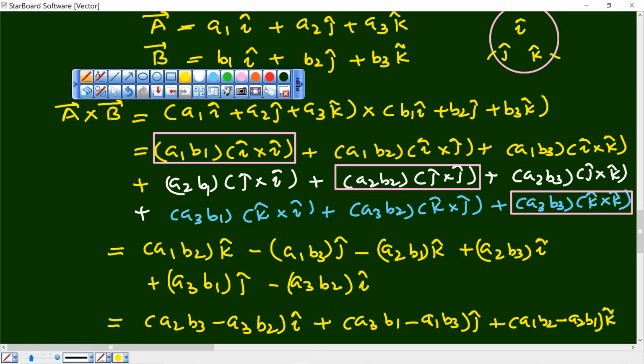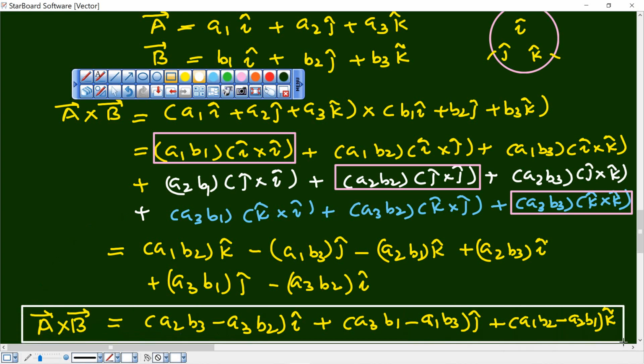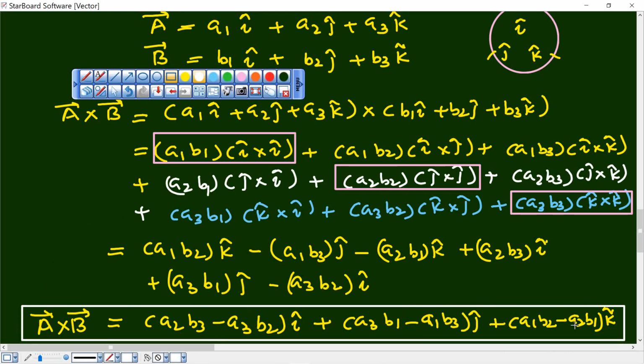This is the final answer for the cross product. What a great answer it is. How will you remember it? In class 12th you will learn determinants, which will make the result very easy to compute in maths class. But for the time being, I will tell you a beautiful method you must have learned in class 10th, the rule of cross multiplication, while solving simultaneous equations.